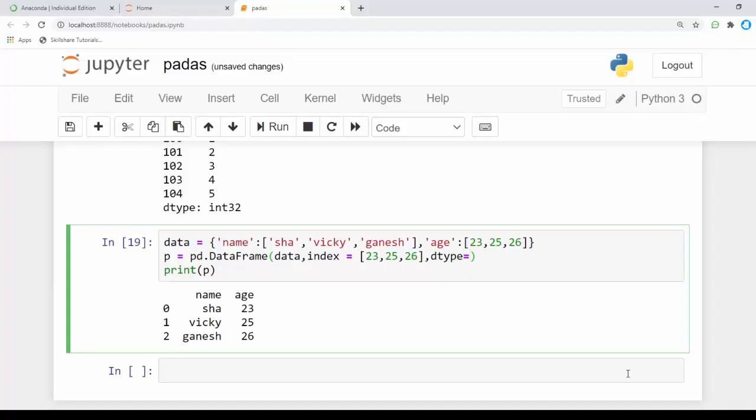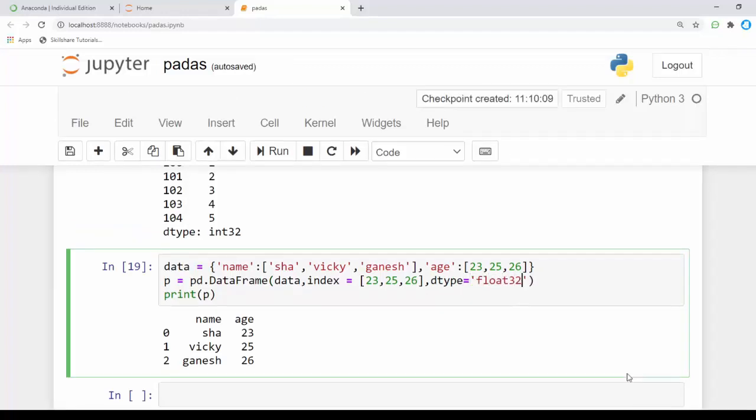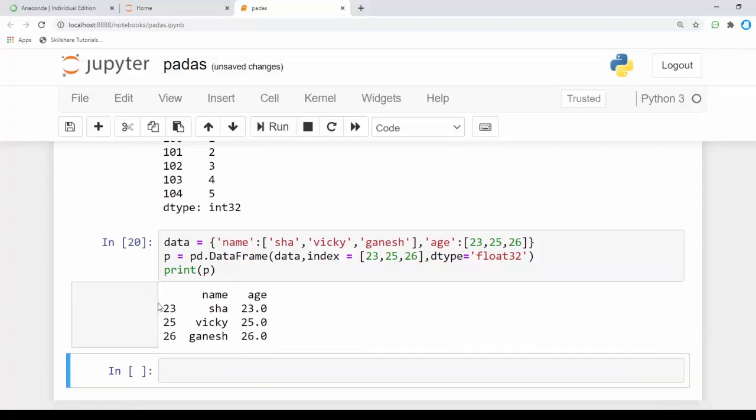It's going to be float32. We got the index value that we specified and also in a float format: 23.0, 25.0, 26.0, like that. This is a basic example of creating data frames here.